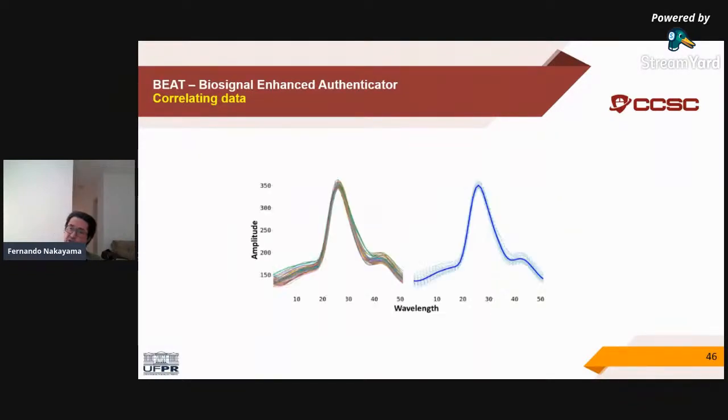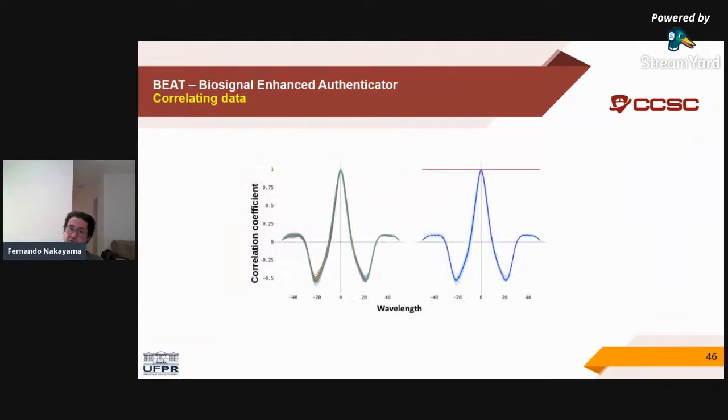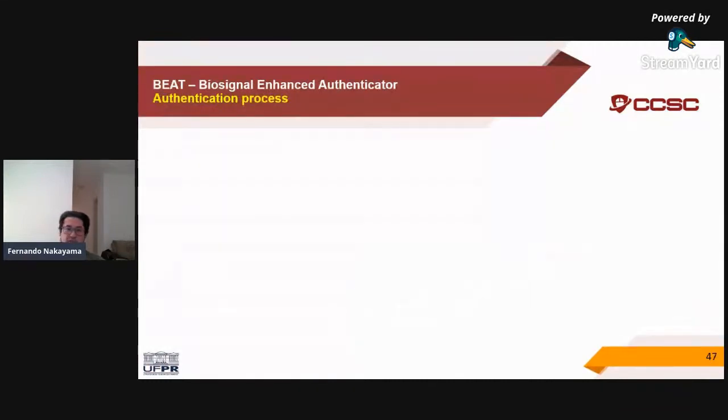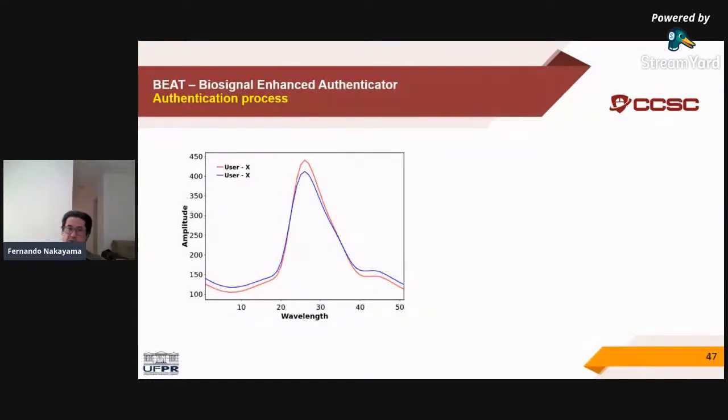Through the identification of the correlation coefficient, we define an authentication threshold, and this specific threshold is the basis for granting or denying authentication. The last stage is the comparison among the reference model and the identifier model. So here we compare the reference model recorded for a given user and the identifier for the same user. Even though such waves are not exactly identical, they are within the established threshold, showing the existence of enough similarity to allow the user authentication.